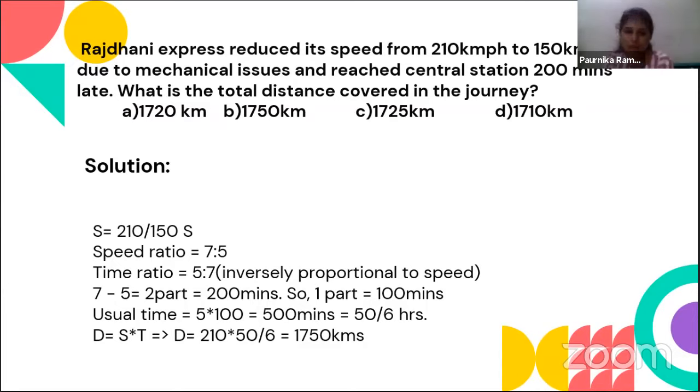So do not go with the conventional method of solving problems. Again, we have used a basic concept of ratio and proportion here. Not a great deal. It's just a very basic thing of ratio and proportion that you have to use here. Finding the two parts and relating the two parts to 200 minutes is the most important, the key step to arrive at the answer.